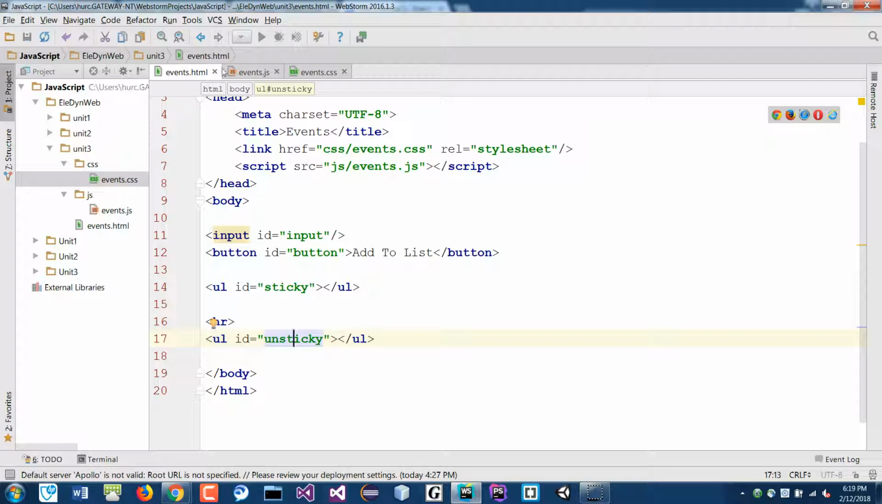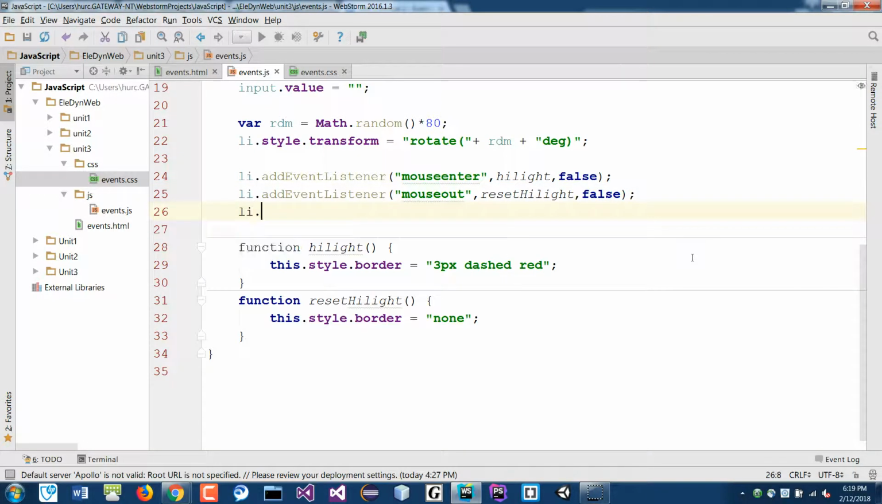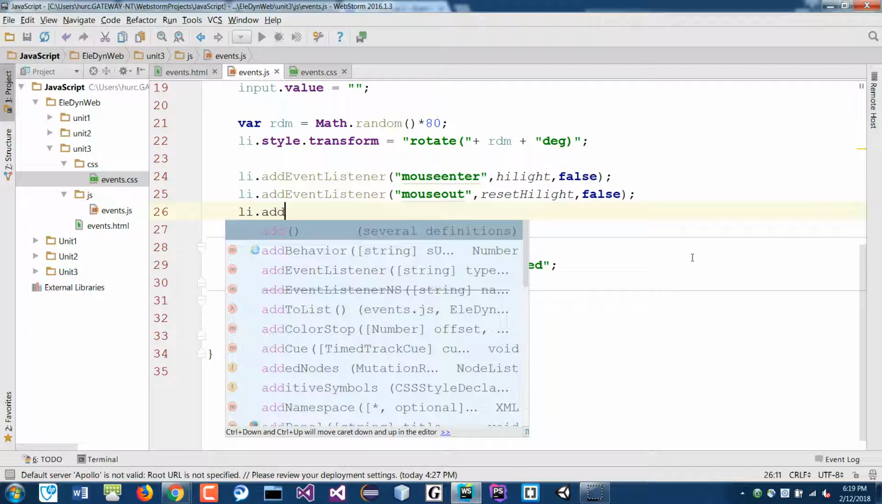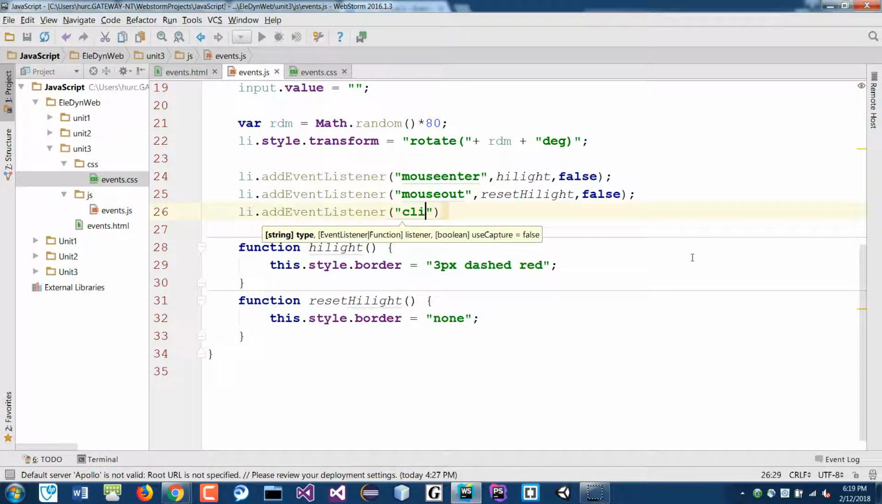Okay, so we got that there, we're good. Now in our script, we've got the mouse enter and mouse out. We need to add another event, the click event. You can add a bunch of events in here. This is the click event. When you click on it, it should